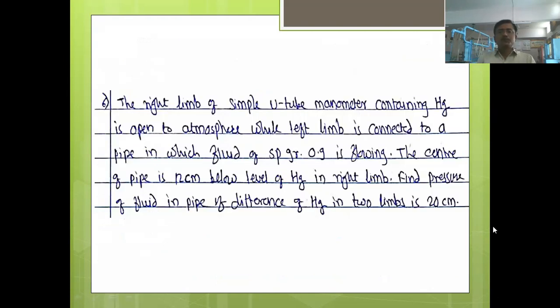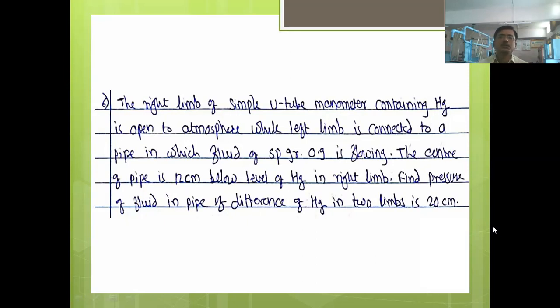In the manometer problem, it is very important to understand the problem first if the problem is given in word format. Because if you make a mistake in drawing the diagram correctly, then your answer will become wrong. So first of all, we have to understand what is given in the problem, and accordingly draw the diagram and then do the calculation. The calculation part is secondary here. Understanding the problem and drawing the diagram is the important task.